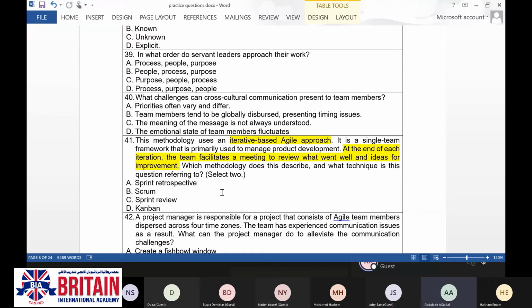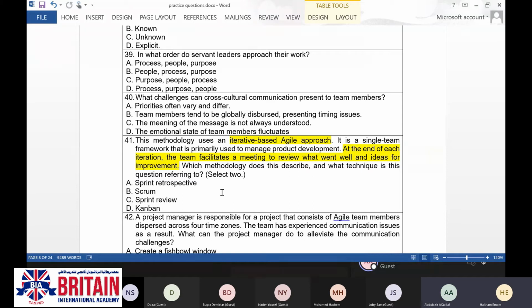Okay, this is the first part. Second part, they said the team facilitates a meeting to review what went well and ideas for improvement. So they refer to lessons learned. At the end of each iteration or sprint, the team will meet and see what went wrong, what went right, what can we fix for the future, what can we improve. So it's related to A, sprint retrospective.